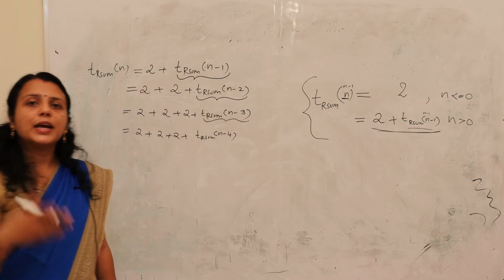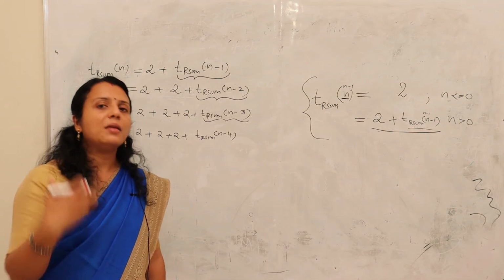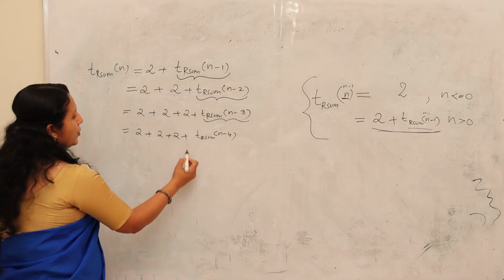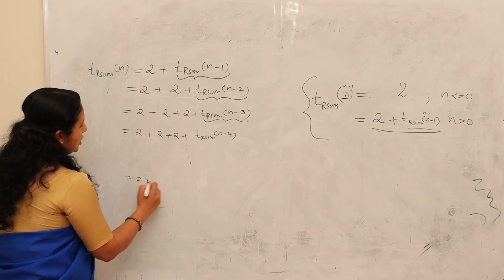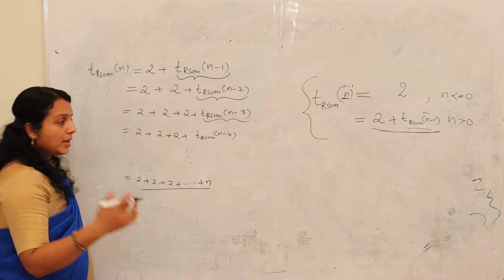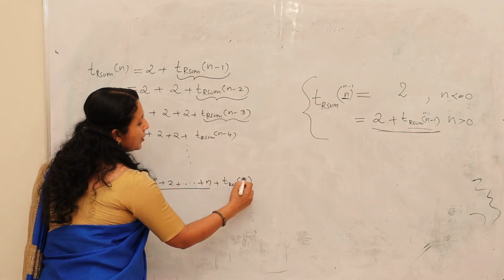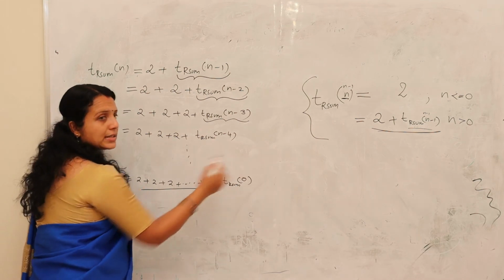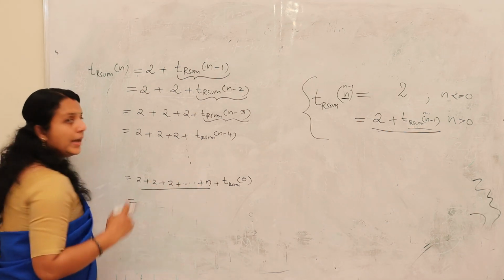Okay, that means how many times will it call that recursive function? Till your array contains 0 elements. That number of times this recursive calling will happen. So this will go n minus 4, then again reduced by n minus 5, n minus 6, like that, and it will reach this position. At the nth step this 2 will have been added n number of times, and your array will contain 0 elements. At the nth step you will get n minus n. So n minus n is what? 0.